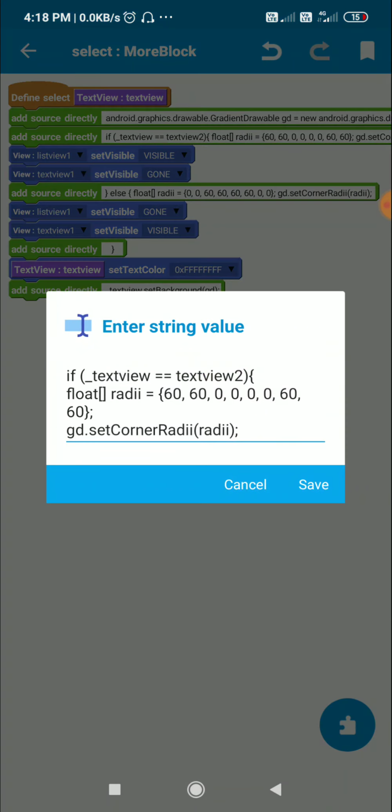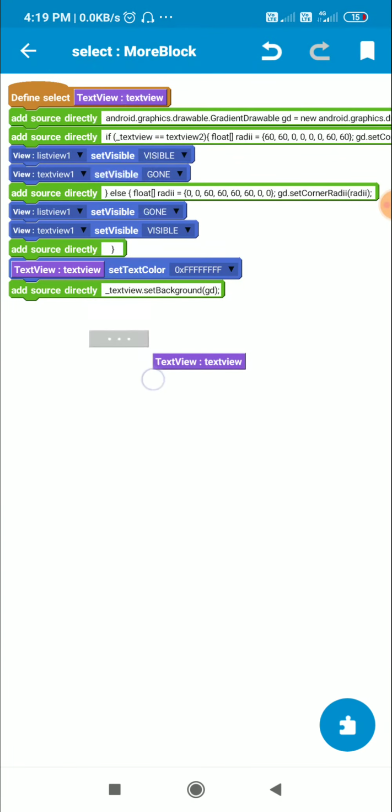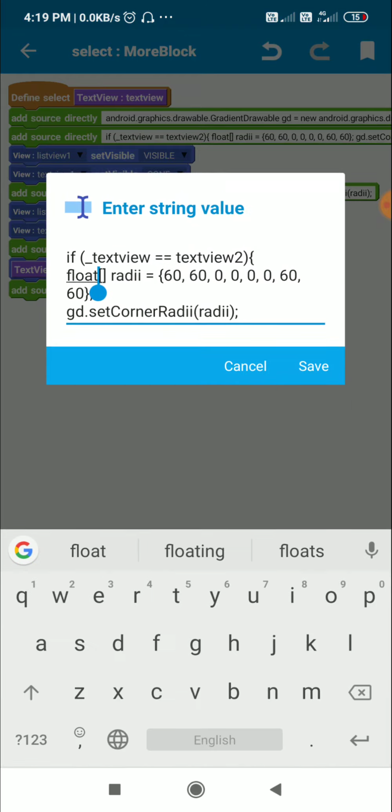After this, if text view is equal to text view 2, then I define a float array called radii equal to 60 60, then 0 0 0 0, 60 60. This means the left upper corner is 60 and 60, then the right upper corner 0 0, right lower corner 0 0, and left lower corner 60 60.